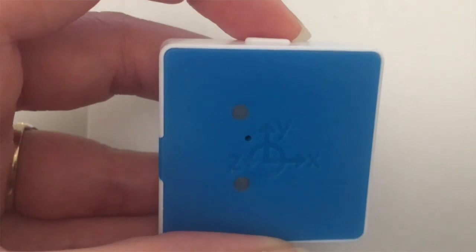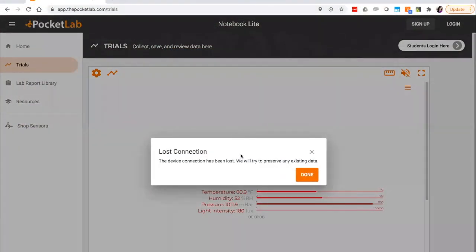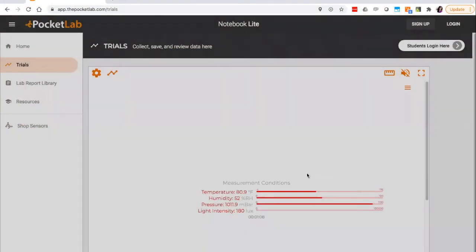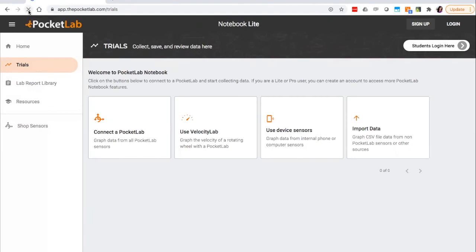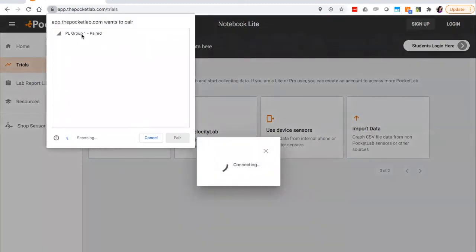And also you'll see that we will get a little message saying that we have lost connection to our device. So we refresh our page and then we turn on our PocketLab again and we connect to it. Now you see that instead of saying PocketLab weather, it says PocketLab group 1, which was the name that we